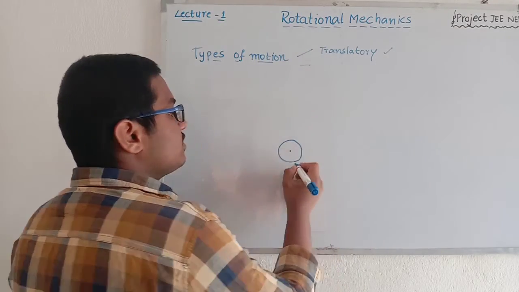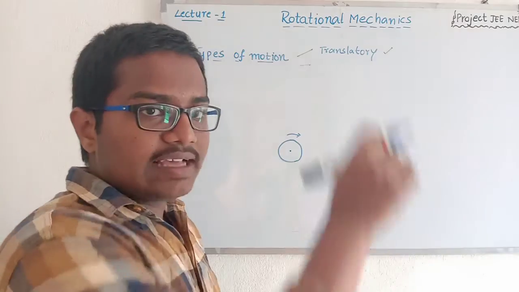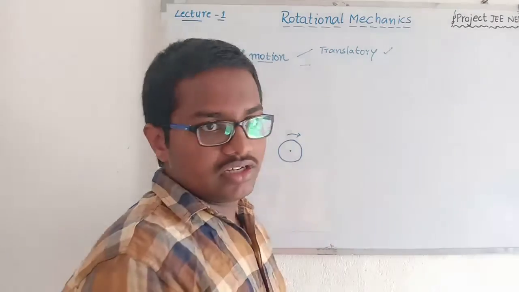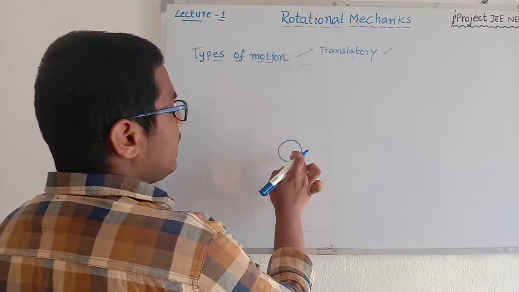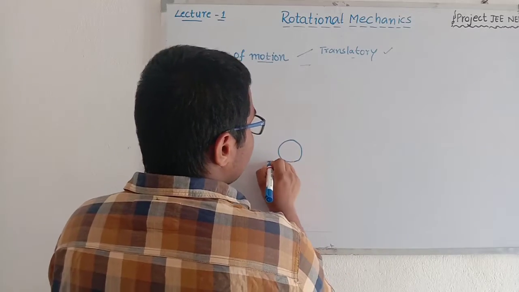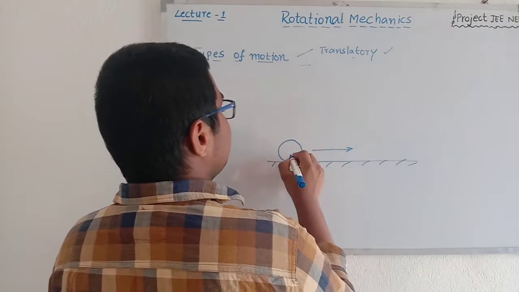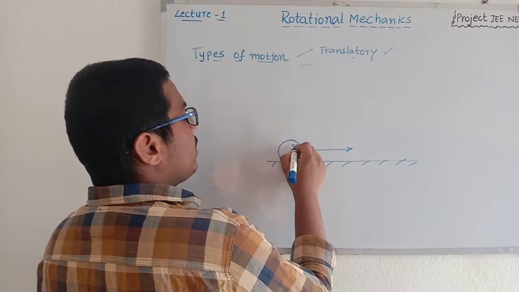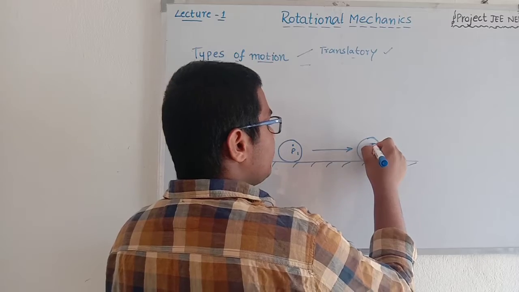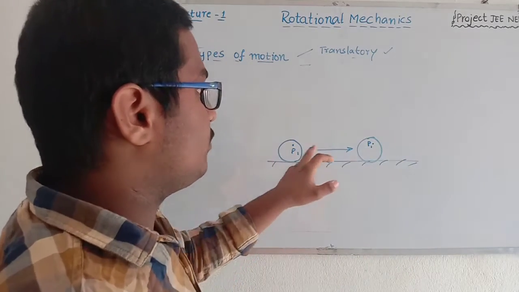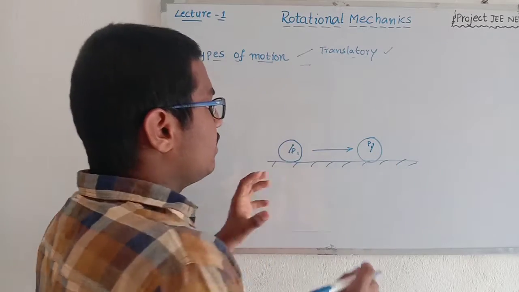So if we take a particular point as the axis and the body is rotating about it, then it is said to be rotation. Here it is not like that. Translation means without taking any point as reference or an axis. If we take this as the floor, then it should move like this. If P1 is a particle in this position, then after the translatory motion also the P1 position will be undisturbed. The distance from the center will be constant.